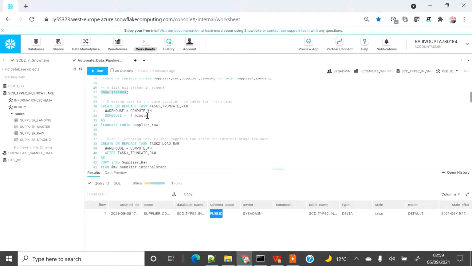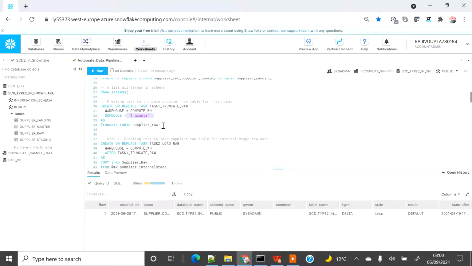The first step is to create the truncate task, which is the parent task, and the schedule for this is 1 minute because we want to quickly see the data. Otherwise it can be modified based on your requirement, maybe half an hour, 30 minutes, 50 minutes, whatever your requirement is.